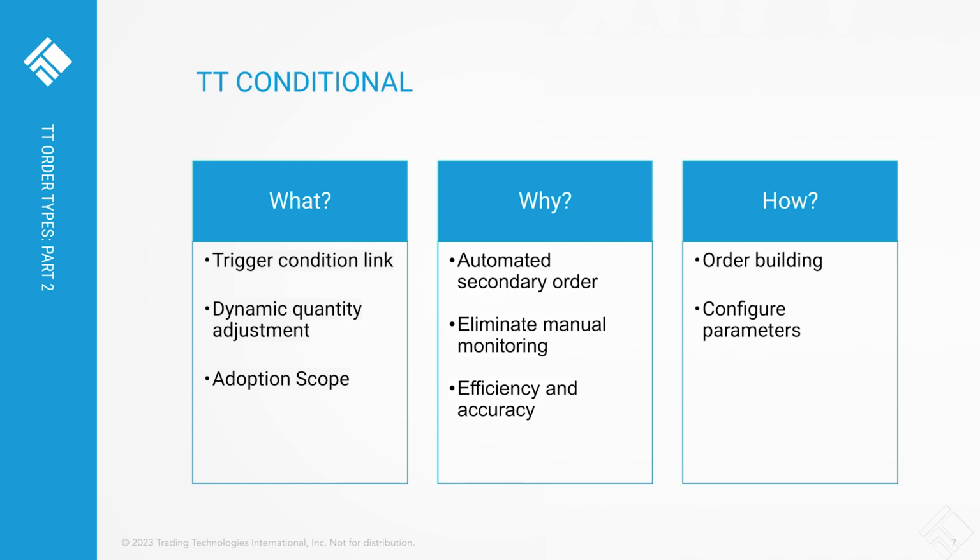Next, we will cover TT conditional orders. The conditional OMA algo lets you set one order as the trigger condition, which is the primary order, for working a second order, which would be the conditional order. The algo works the primary order and submits the second order on hold. As the first order receives fills, the algo submits the held order into the market and automatically increments the quantity